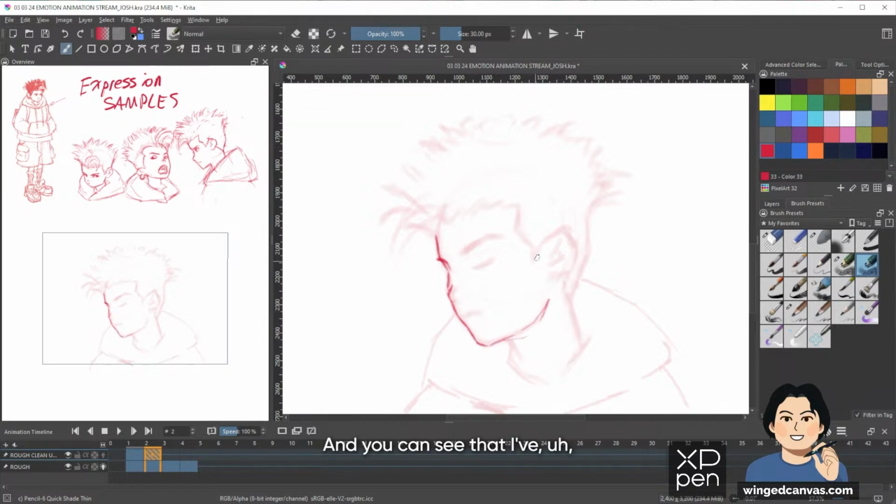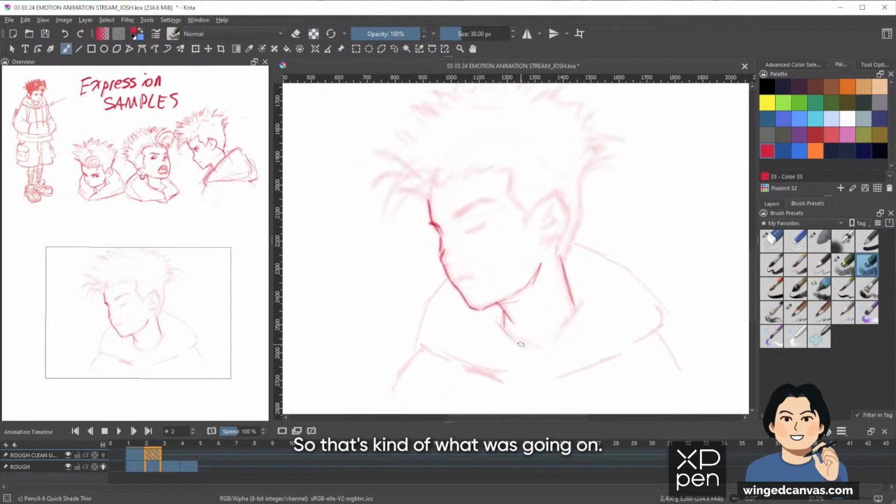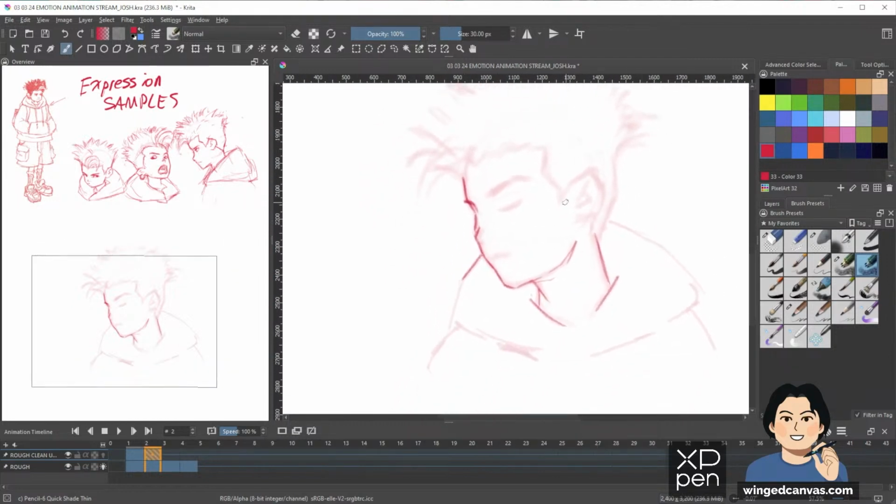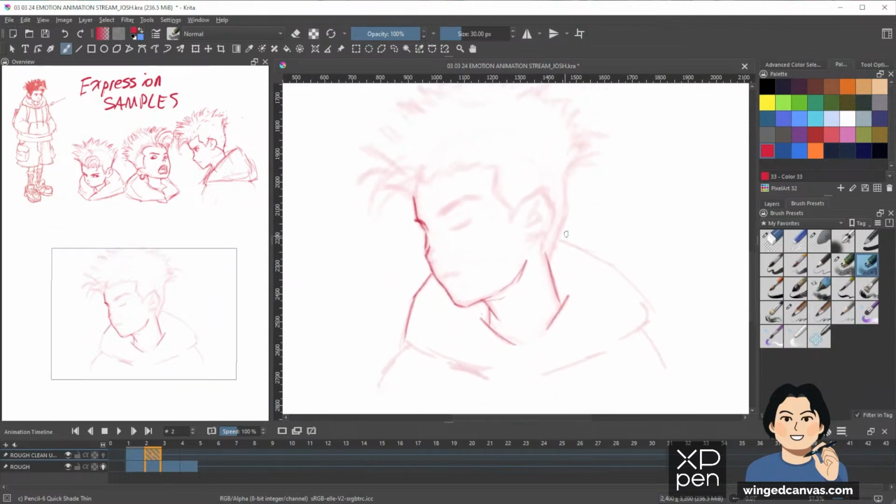We're having a guy do a head turn so that we can get into a smug expression. So that's kind of what was going on. Hopefully that helps you get an idea of what we're doing here, but we are coming near the end of it, so really I'm just cleaning everything up.